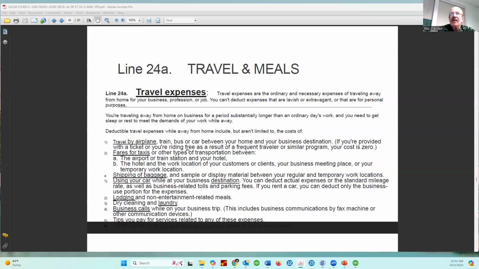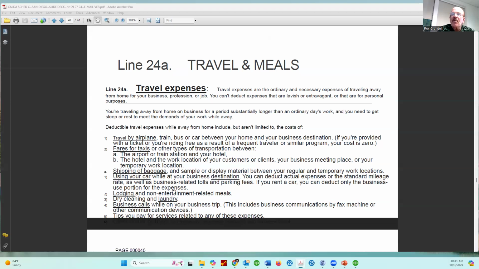Deductible travel expenses while away from home include, but are not limited to, the cost of flight by airplane, train, transportation by car, tickets for transportation, taxi fares, tips, shipping baggage, using your car while traveling, lodging for travel expense, laundry. I know some people, when they travel, they bring all their dirty laundry so they can write it off. Business telephone calls and any tips that you pay